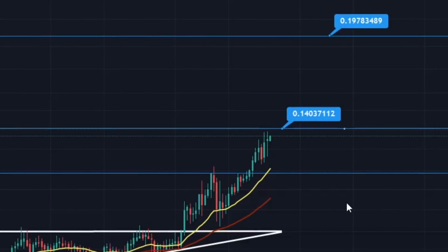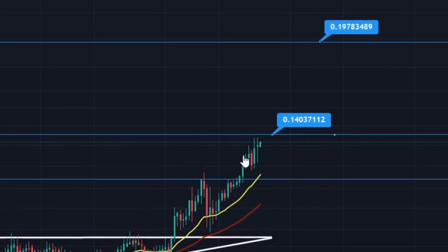Oh, and just to add as well, I didn't add where your level of support is. You can see you've gone up and you can see where you came from. So that's effectively the swing low. That will become a key level of support. If you were to roll over, I would expect that to hold base, okay. And that currently sits at roughly